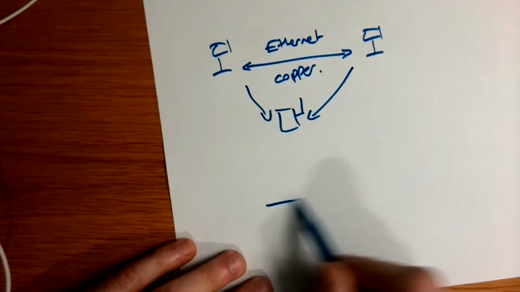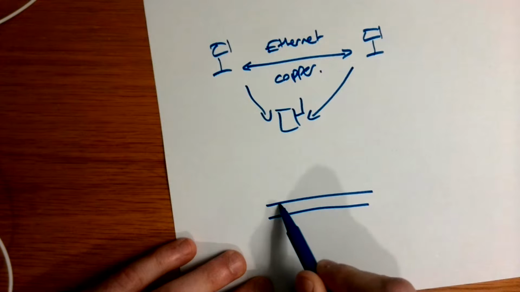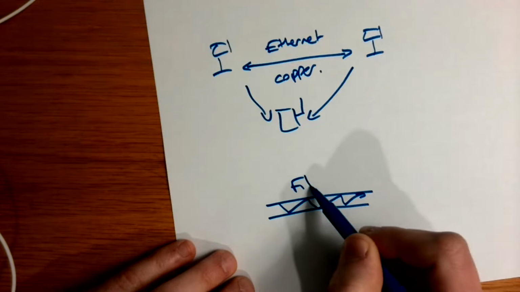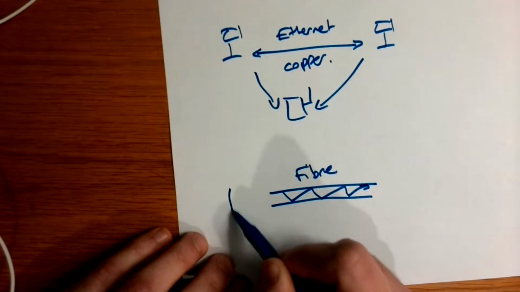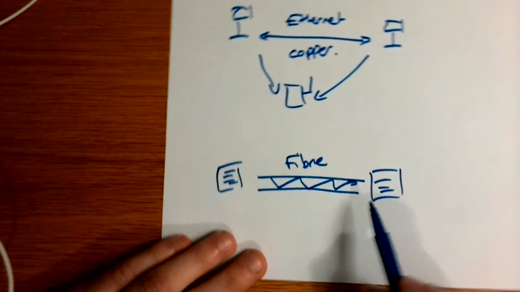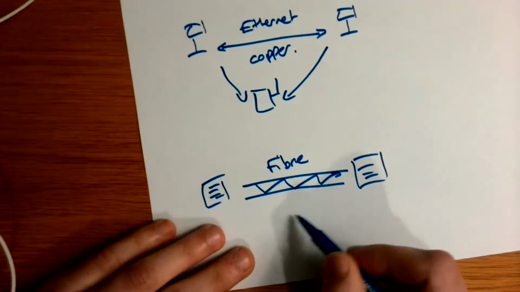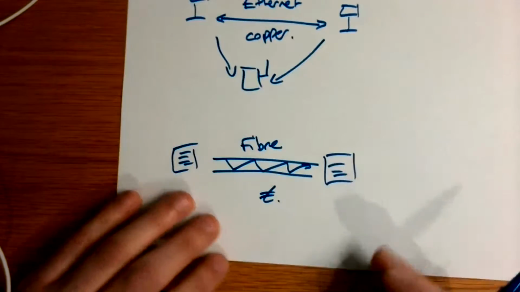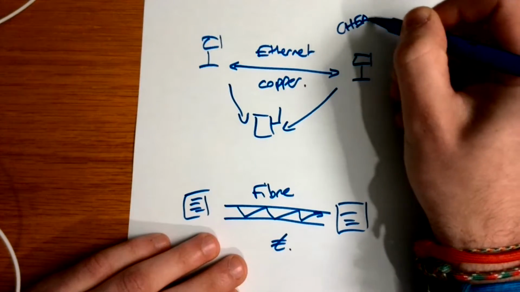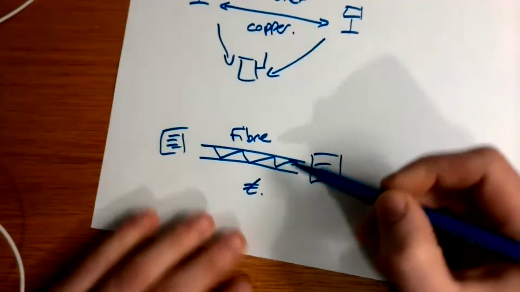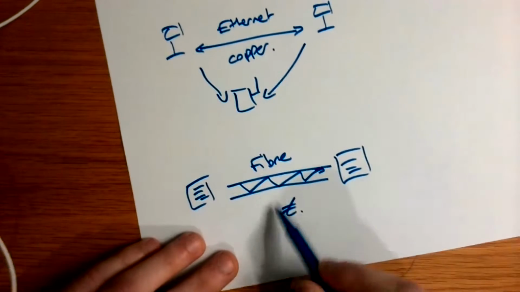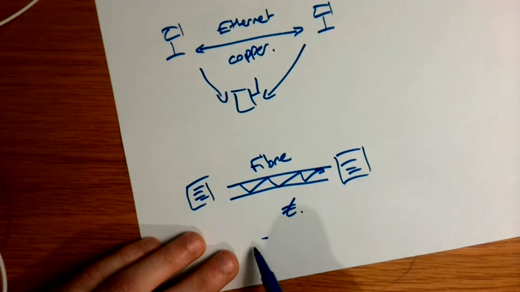Your other alternative is using light. I'm going to draw it using this. And using light is called fiber optic. And that usually tends to be between servers or switches and other servers and switches, rather than between PC and PC. And that's because it's quite expensive compared to Ethernet. Ethernet is quite cheap. You can run that over long distances and it doesn't cost too much, whereas fiber is quite expensive. However, fiber is better if you're sending lots of data and you're sending it over a longer distance